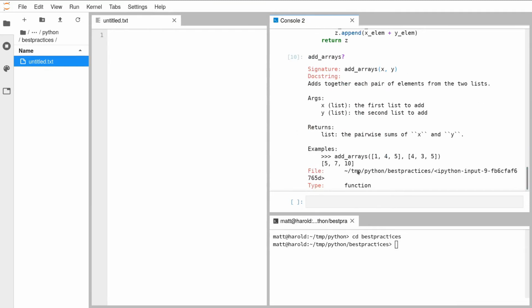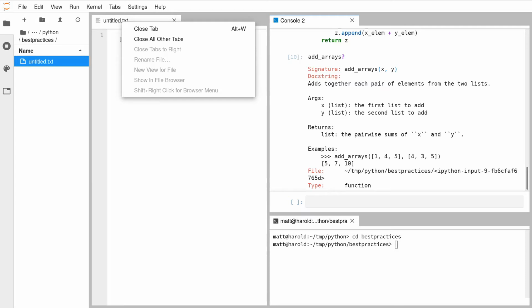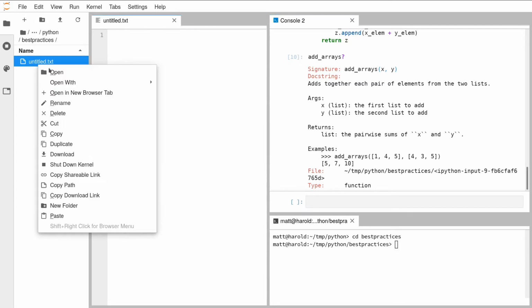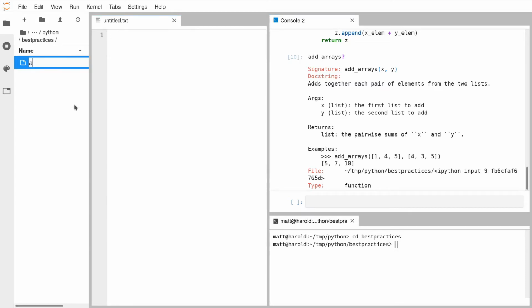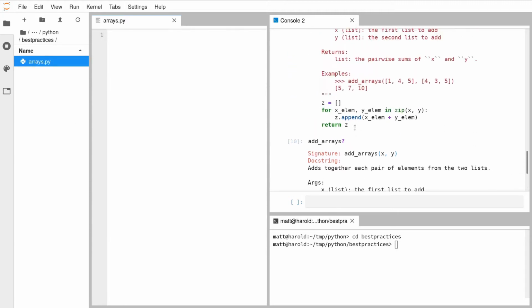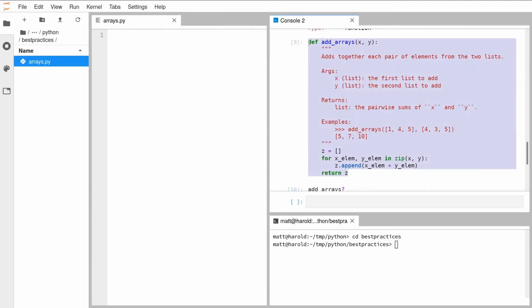So we've covered here functions and how you document functions, and that's something that you should absolutely make sure you always do. Every function, big or small, give it a docstring. The second thing you often want to do is assemble your functions together into modules. So I'm going to make a file over here. I'm going to rename this file to arrays.py. It's turning it into a module, and I'm just going to copy and paste this function that we just defined